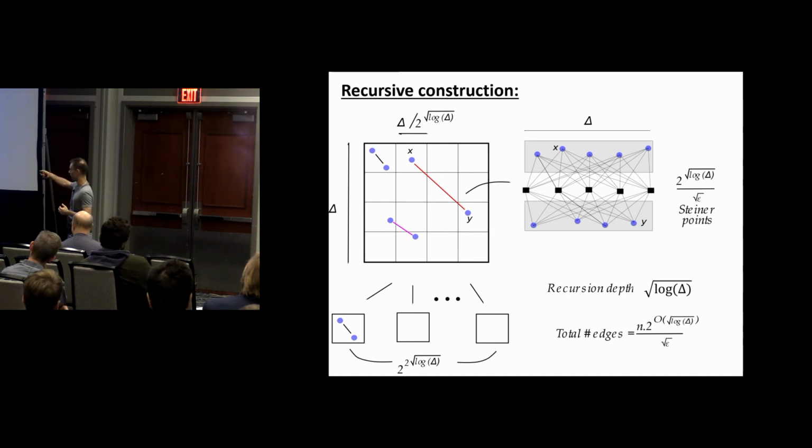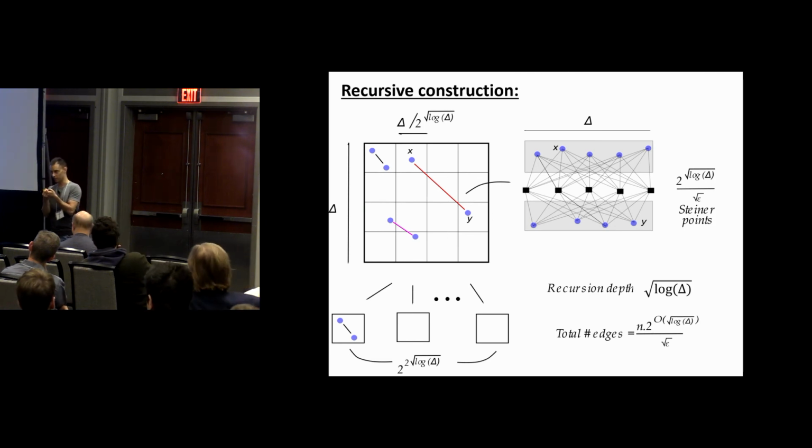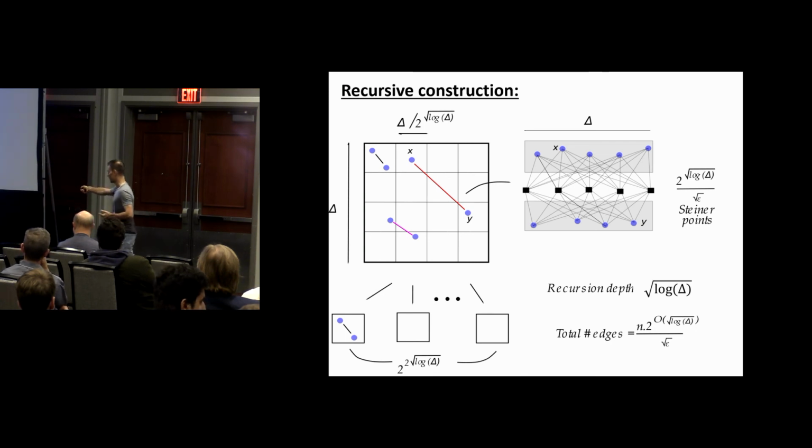So we break this square into subsquares, and we proceed recursively. The only catch is with points that belong to neighboring squares. There could be very small distances here. So we just make sure that we increase the sizes of the subsquares a bit so that they overlap. And with this overlapping, we can also handle such pairwise distances. And you do the analysis, and you see that the total number of edges